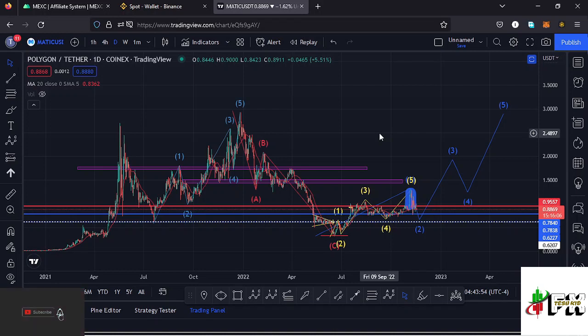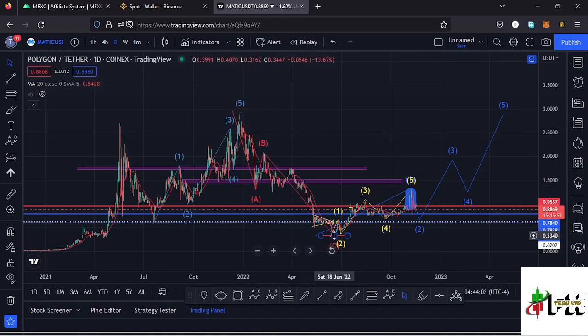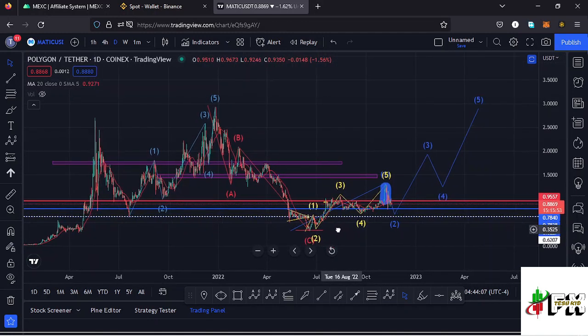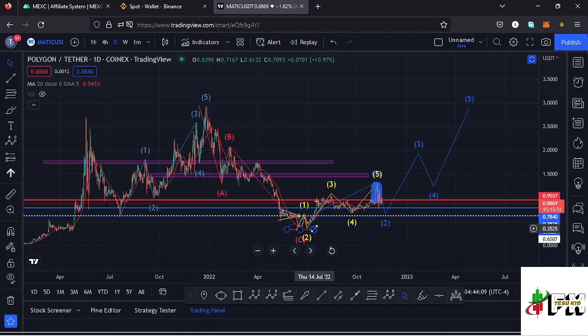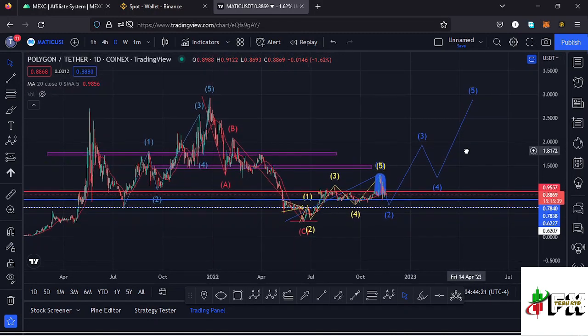And I'll kickstart the video by giving a brief of what has been happening here on the Polygon Matic chart. From the all-time high, we had been seeing lower prices in this massive ABC corrective movement, which took us back to around the $0.32 mark, and having seen that low, I believe Polygon Matic has done the minimum that we expected it to do in its ABC corrective movement, and I'm expecting a very nice bounce to the upper side, obeying this Elliott wave structure, having our wave 5 taking us back to an all-time high in the next bull